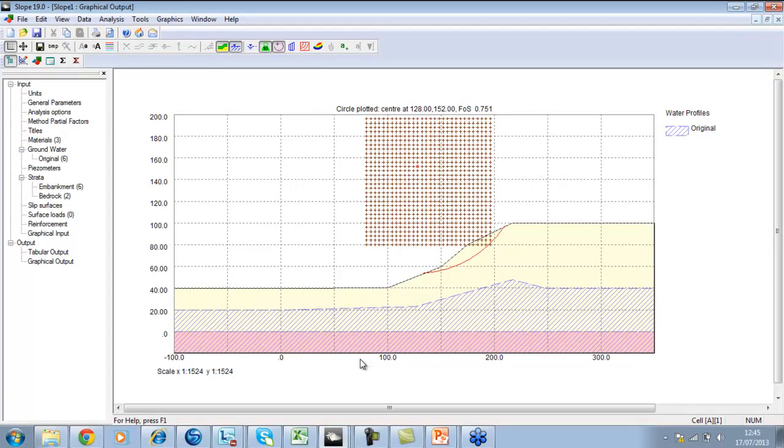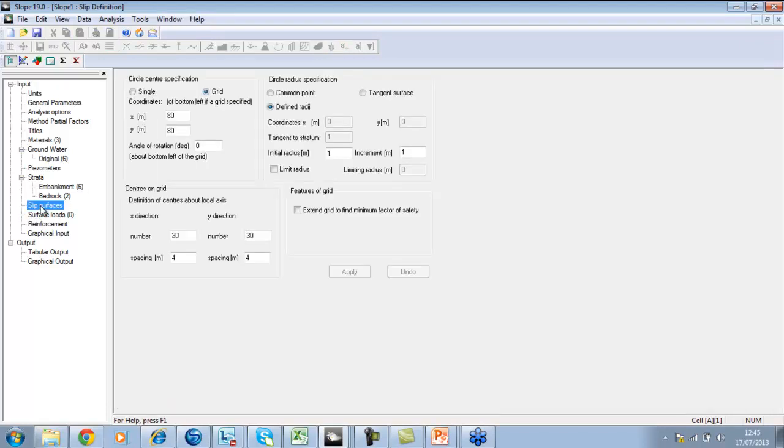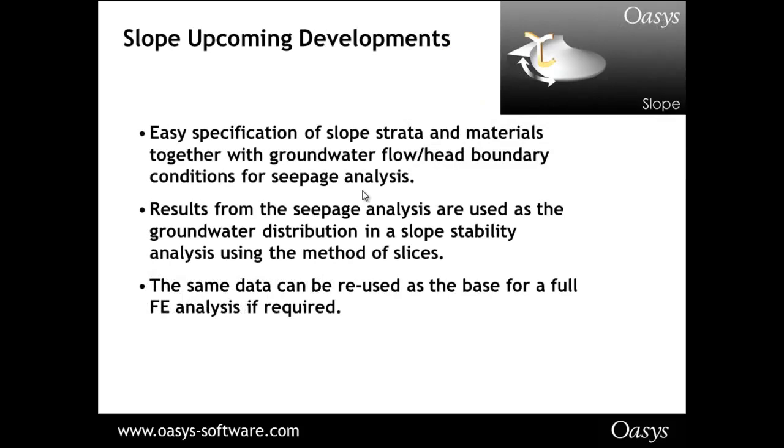So that gives you an idea of how Slope works, and it gives you a few tips and tricks as to what you should do to pick up the slope surfaces or the slip surfaces and various other things as well. So having gone through the run through now, I think we're ready to have a look at what the future